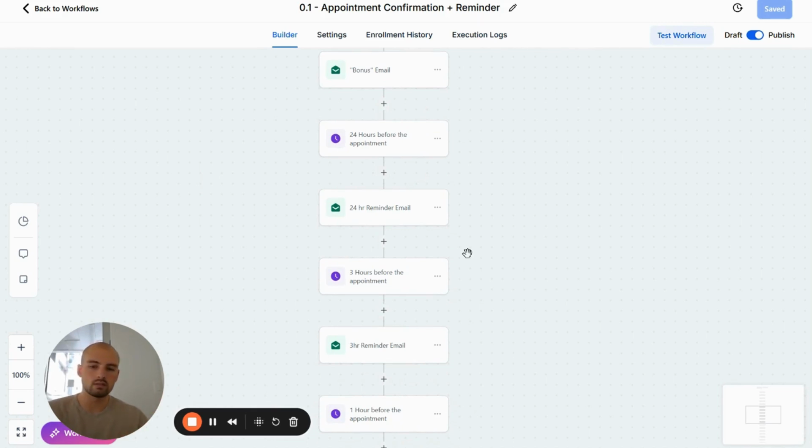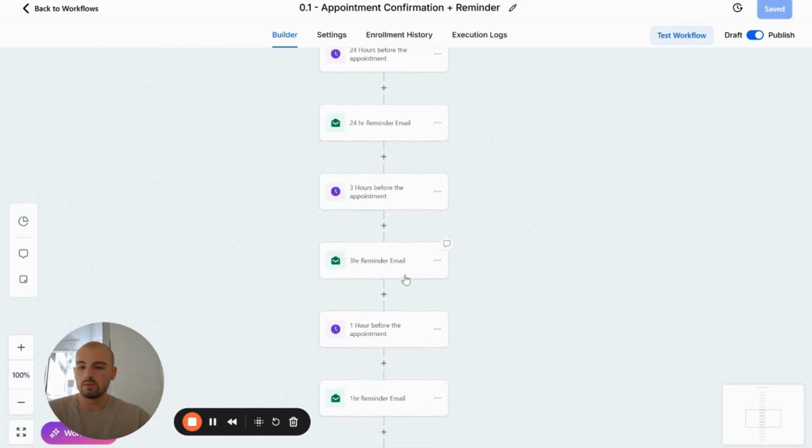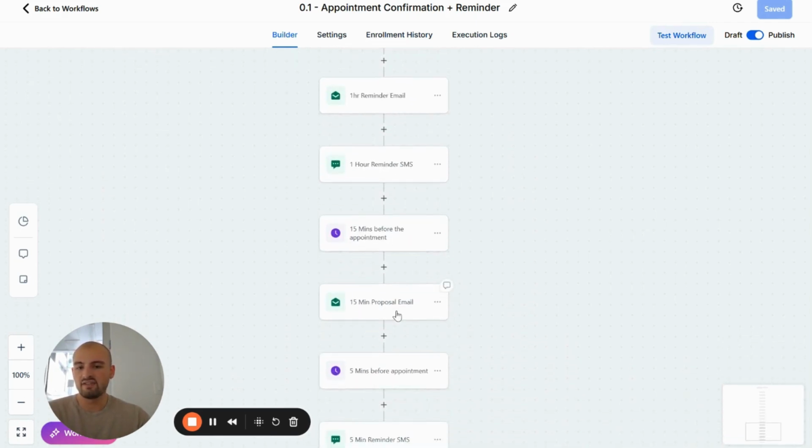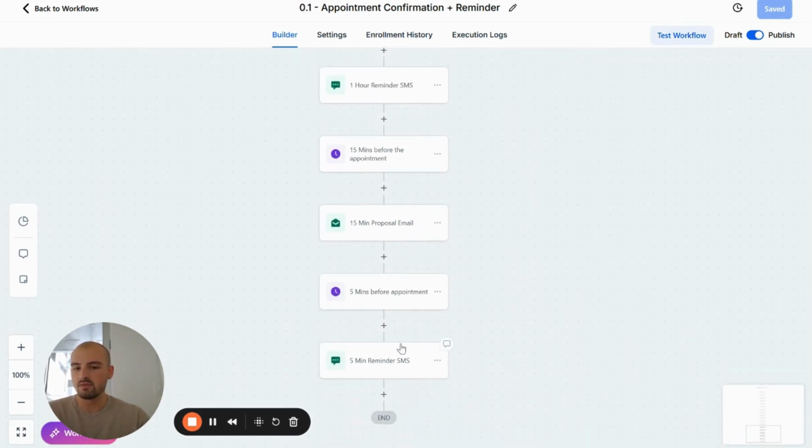Then 24 hours before the appointment, we're going to send them an email reminder saying, hey, your appointment's tomorrow at this time. Hope you can make it, blah, blah, blah. Then 3 hours before we send them another, 1 hour before with an SMS, then 15 minutes before, and then 5 minutes before, which isn't a real reminder, because if I've sent you one 15 minutes before and you don't